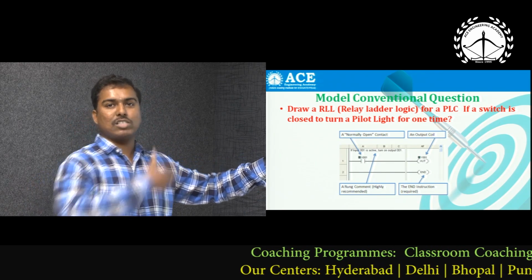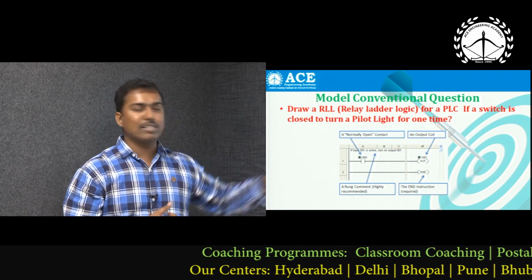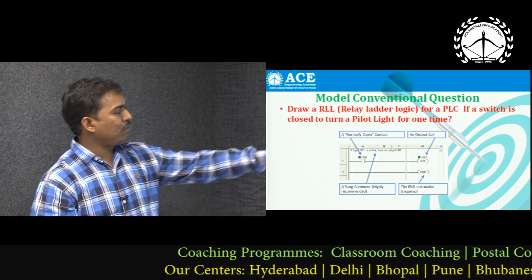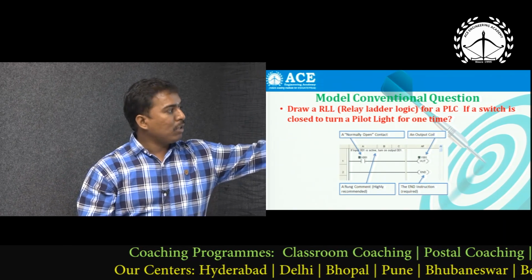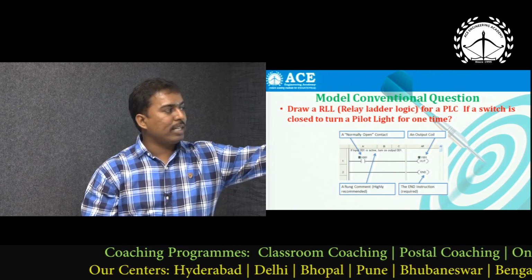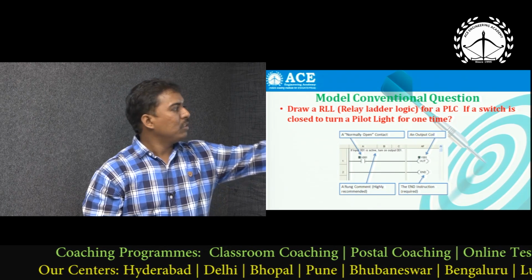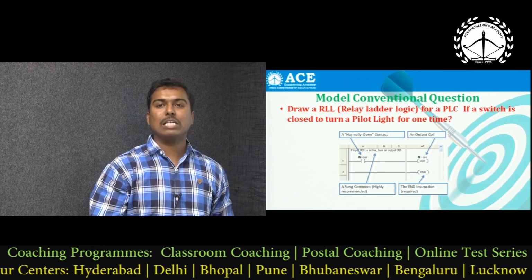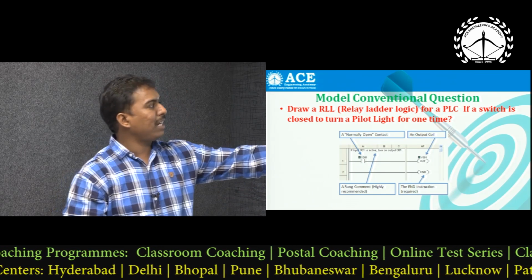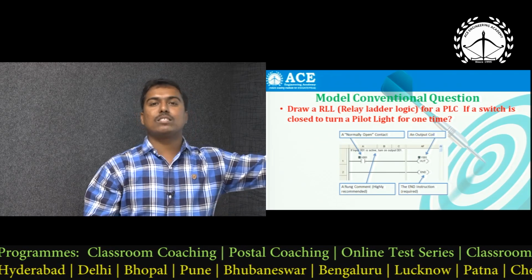Ladder means just like in our normal conventional ladder, how the rungs will be there, here also rungs. So what is the statement here? If you see, this input, blue, a normally open contact, and the output, a coil. So there is a symbol of input and there is a symbol of output. So when this is closed, the output is going to be on. That means this symbolizes a switch, and the open braces symbolize a coil.